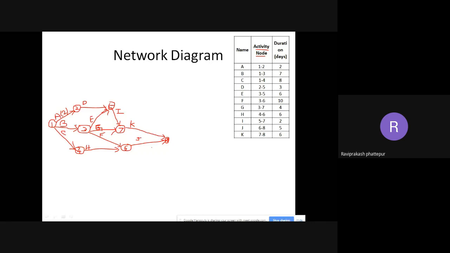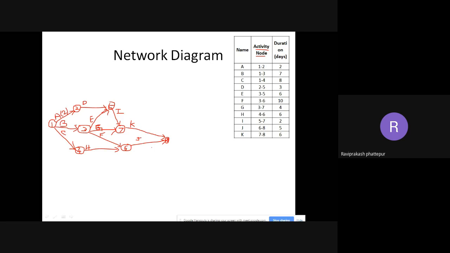So remember always, once again I'll repeat, the activity is an arrow and not the node. And an activity starts from a node and ends at a node. So this is the second point which you need to remember. And the third point is the network starts from one node and ends at one node only. There will be no activity or node just lying outside here and there. You have to join everything at the last node, and you have to start from only one node. So these three things are very important.